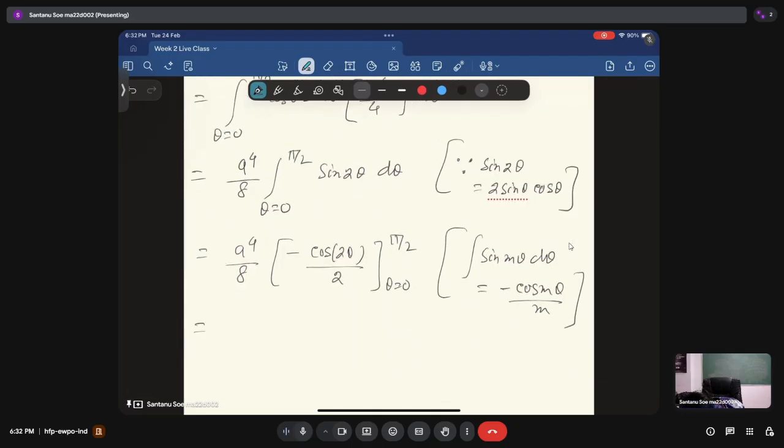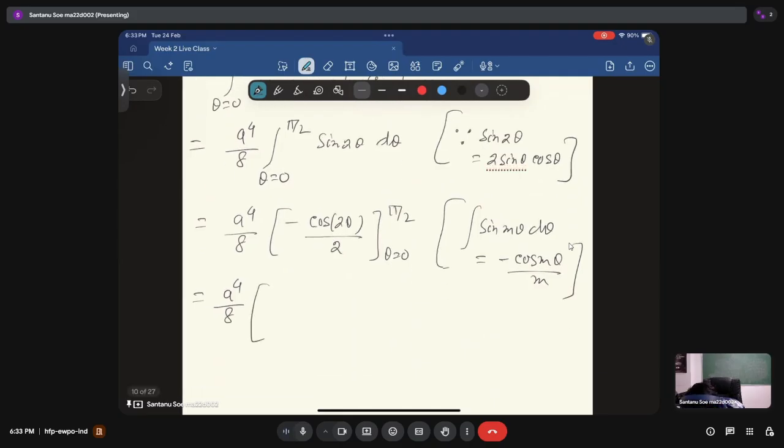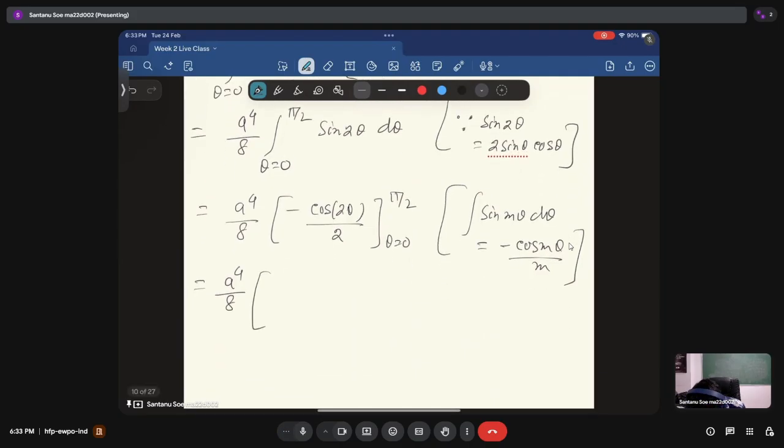So this is going to be a to the power 4 divided by 8. So if we put theta equals pi by 2, then it will be 2 times pi by 2, which is just cos of pi. So it will be minus times cos of pi by 2, and minus minus plus cos of 0 by 2,